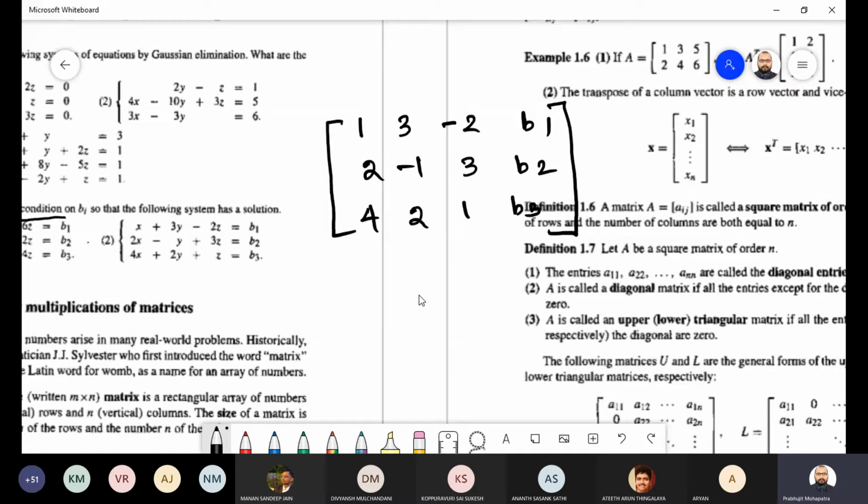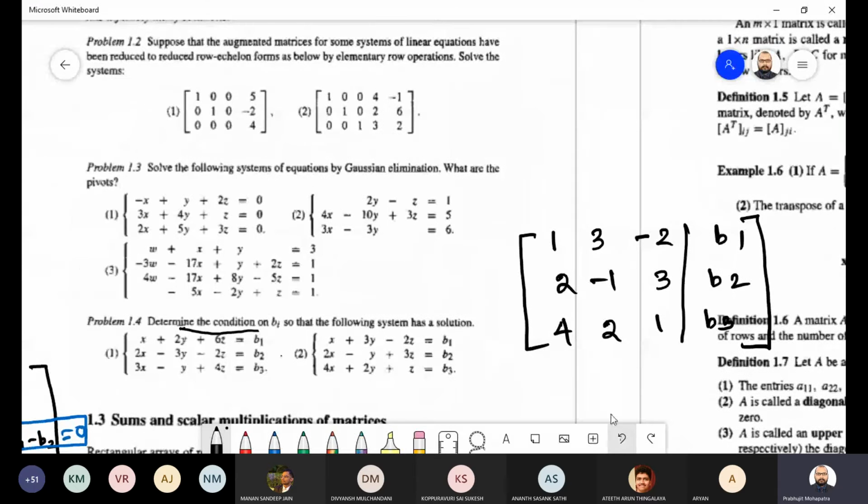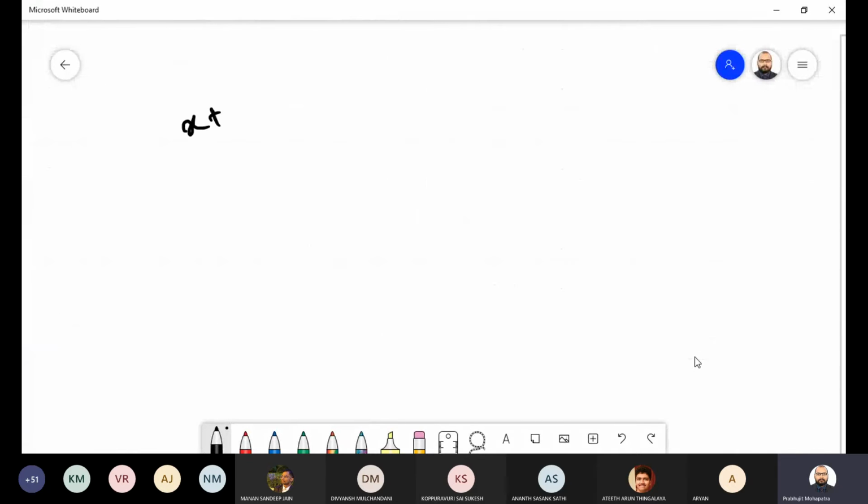So if I am talking about any system of equations, for example, x plus y equal to 1, and x plus y equal to 2. How many solutions are there here? We'll have two solutions, one for x, one for y? What do you think? Unique solution?